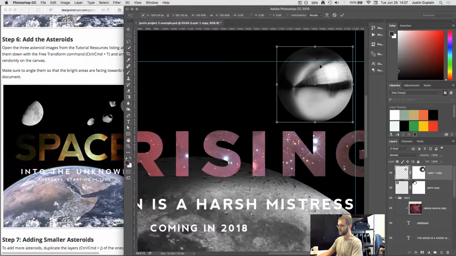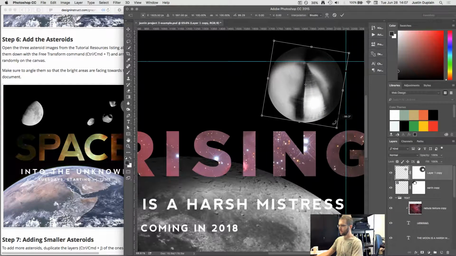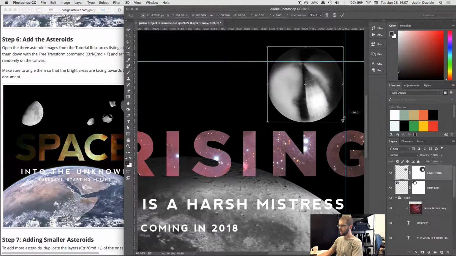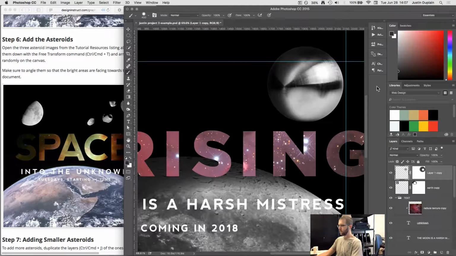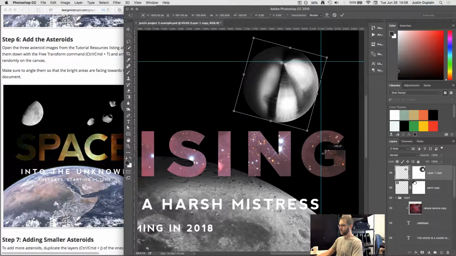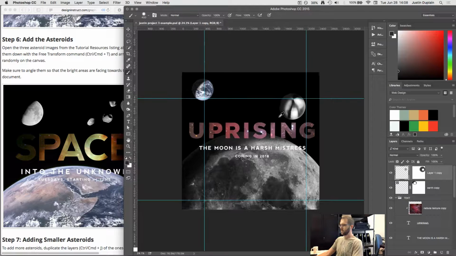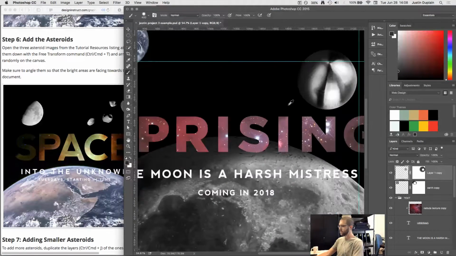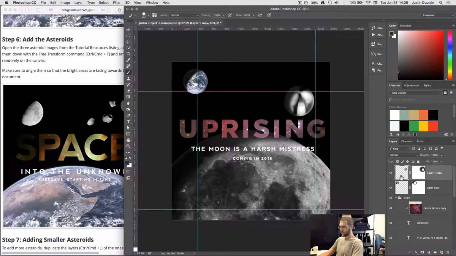And do I want to rotate this thing at all? Let's see. Oh wait, I'm going to turn off my connection there so that if I rotate it, so what I did was I unlinked my mask from my object so the mask would stay in place even though I was rotating my object. Okay, and then